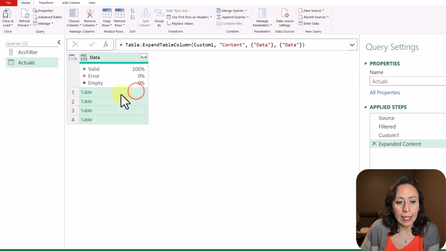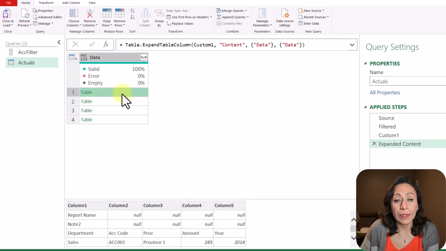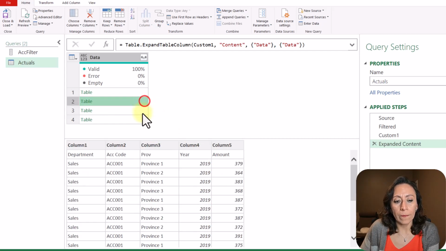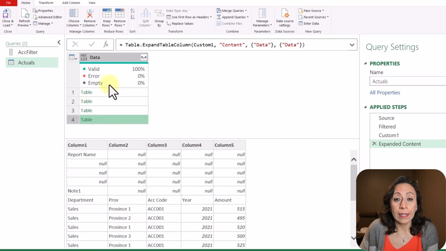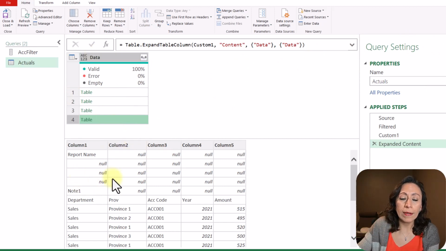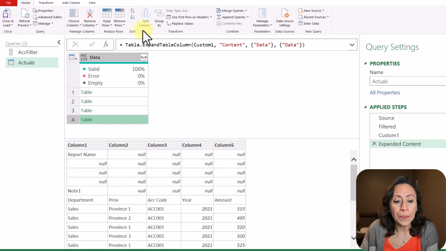I'm going to click beside Table on the white part, and then I can see the content of my tables, which is the information that I showed you at the beginning. Perfect. This is what I want. Next thing that I need to do, I want to transform all of these files because I want to remove everything that doesn't belong to the column headers. So I want to keep the column titles as the first line and then promote that as a header. Okay. So let me create a new step.